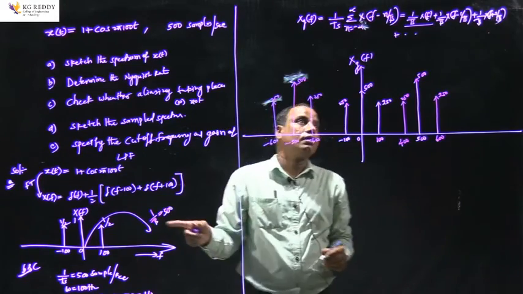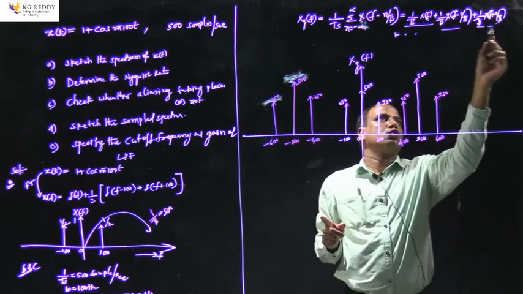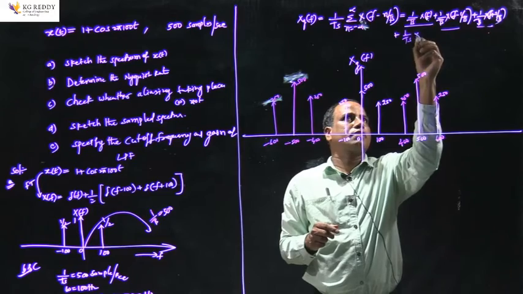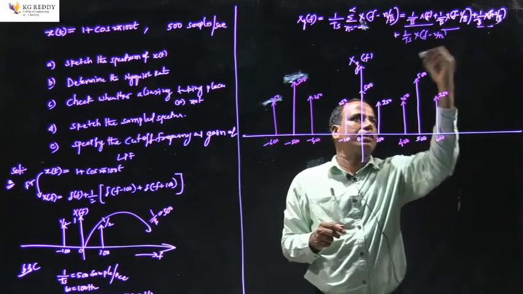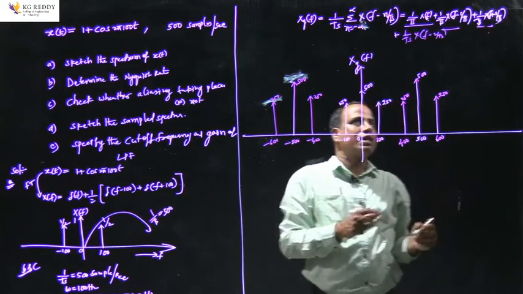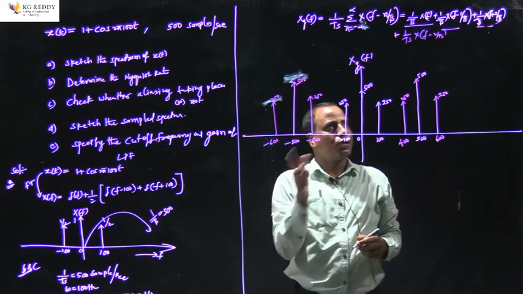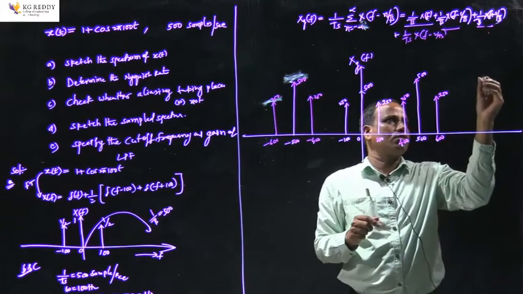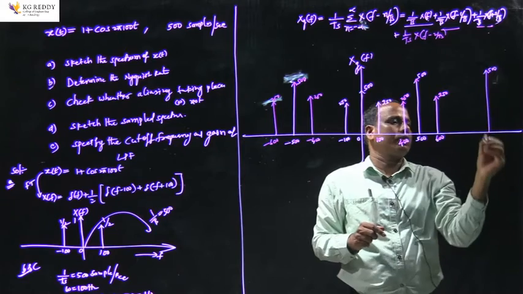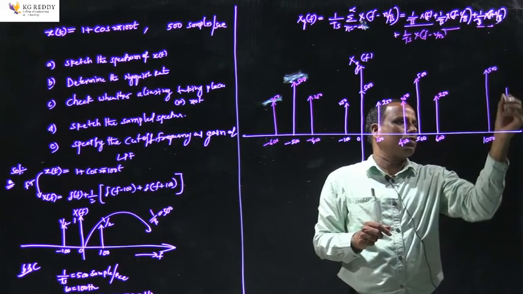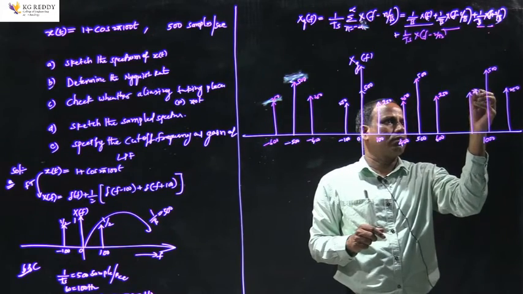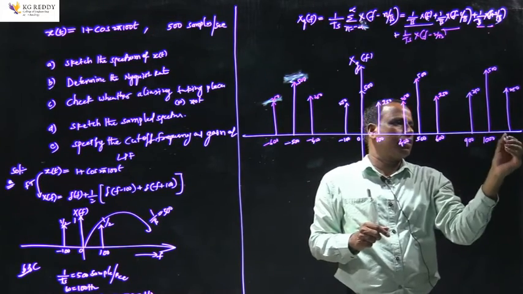And next, for these two terms, the next term if I try to take it is 1 by Ts x of f minus 2 by Ts. Say it as 2 by Ts, in the sense 1 by Ts is 500, 2 into 500 becomes 1000. So origin becomes at 1000 now. It looks like this. This is 500, 1000, and this will be 250, and this will be 250. This is at 900, this is at 1100.